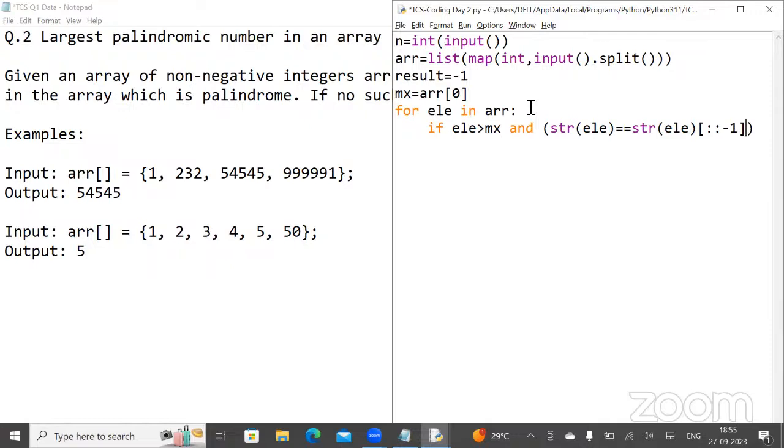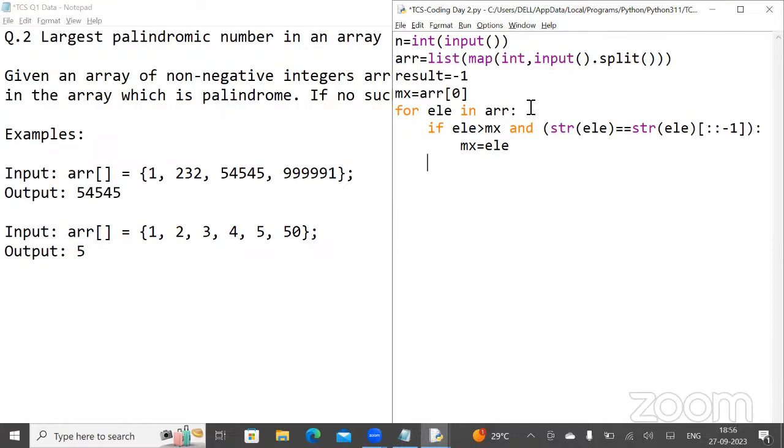If it matches, and if my current element is greater than max, in that case I say max equals the respective value of that element. So I'm going to say max of the current element. So right now my current element is the maximum as well as a palindromic number.